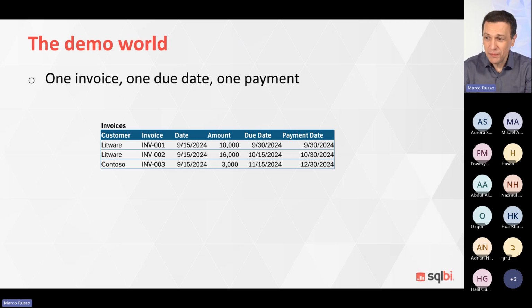This is the source data. We have one line for every invoice. And we have for every invoice a customer, a date of the invoice, a due date, and a payment date. Every invoice has been paid for the entire amount, no exceptions. Every payment is a different payment for every invoice, easy. One row has 3 dates and it just works.